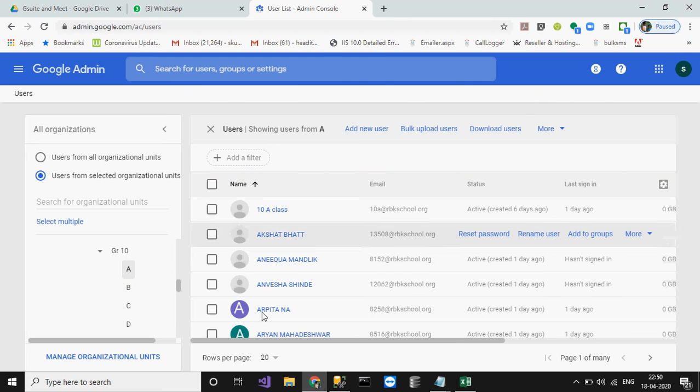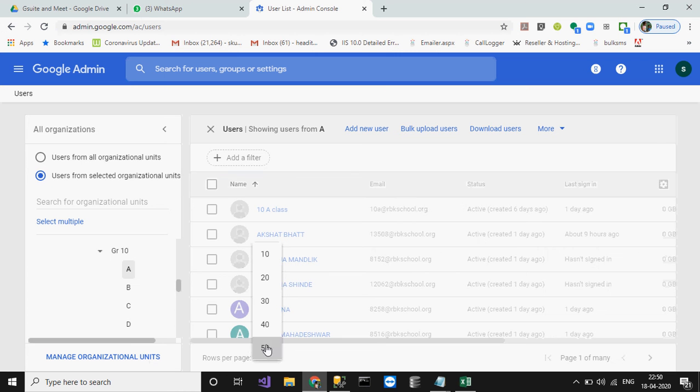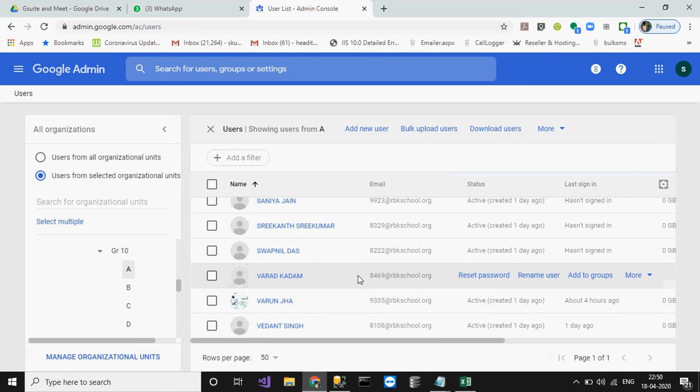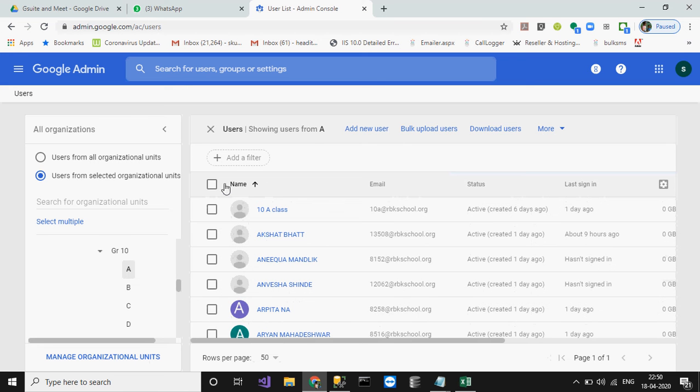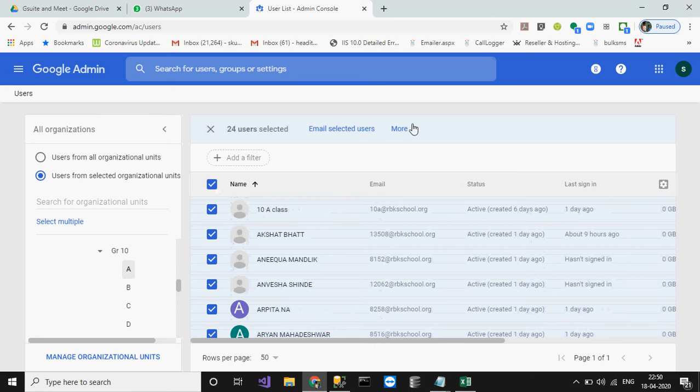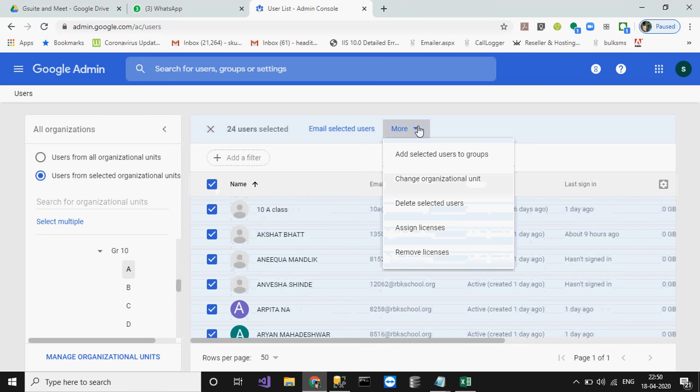Then the 40 students are here; make it 50 records per page. Now all my maximum strength is here, that means 40 students I have on the one screen. Select all, so 40 students are selected here, right? Then next click here, add selected users to group. When you click on add selected users to group, that means all your 10 students will join that particular group which you assigned for the 10A.